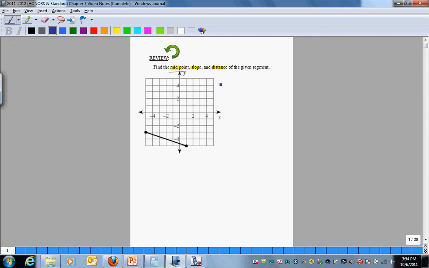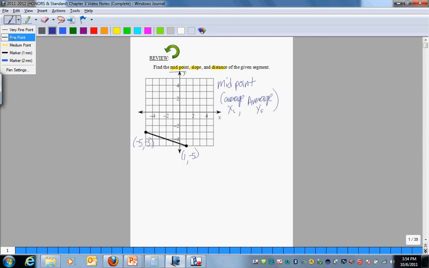Middle basically means average. So to find the midpoint, you simply average the x's and you average the y's. So my coordinates here are going to be -5 and -3. And then this is going to be +1 and -5. So to average my x's and to average my y's,